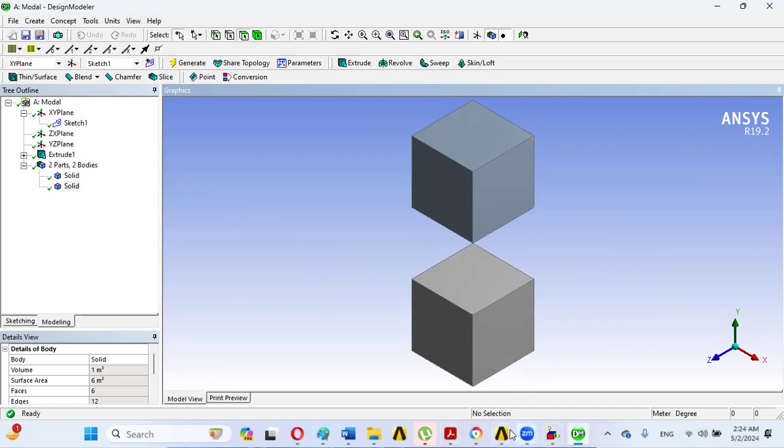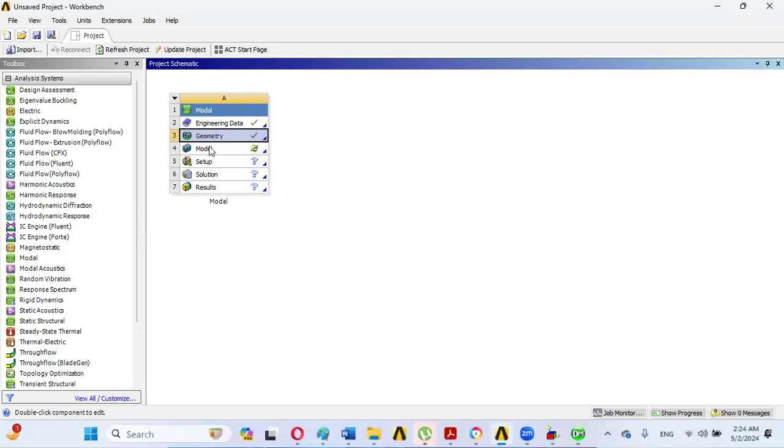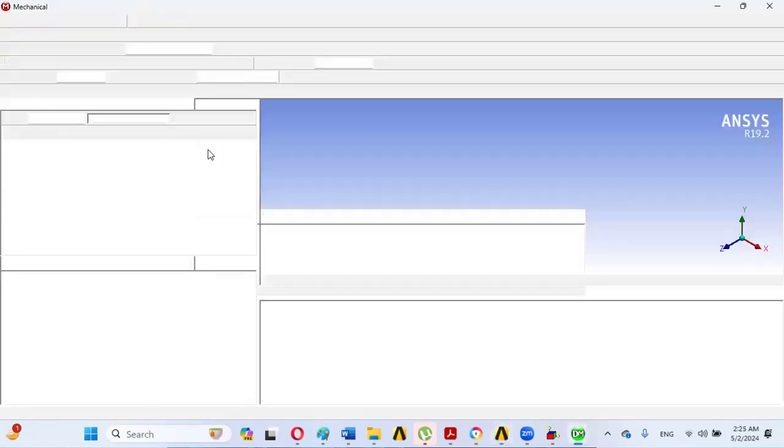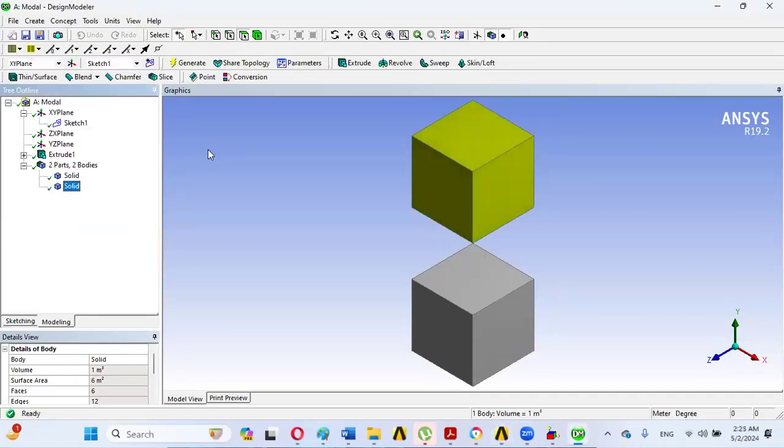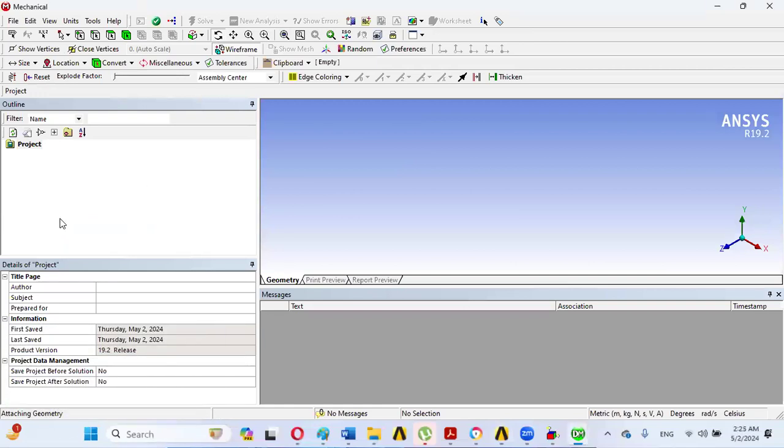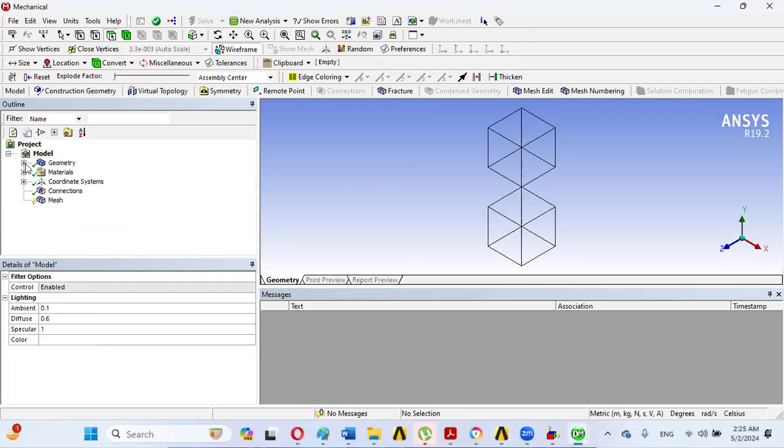And now we will be clicking on this model cell A4, and we will be waiting for the model cell to load. And once it has been loaded, further analysis will be continued. So as the model has been imported, here